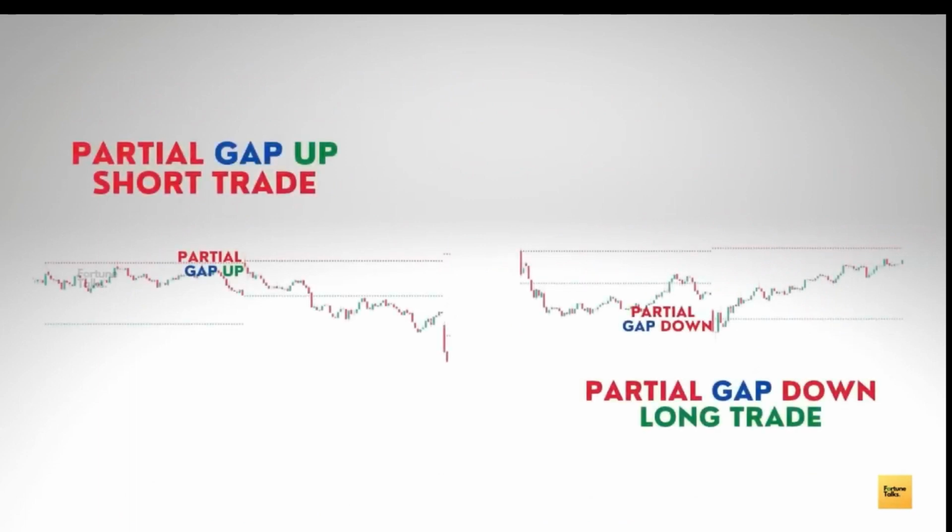Now these were the two partial gap trading strategies. The two others are the partial gap up with a short entry and the partial gap down with a long entry. In these strategies also, volume and pullbacks back to the gap regions is the key. That is, if there is a strong enough pullback assisted with strong volume break through the gap zone, then